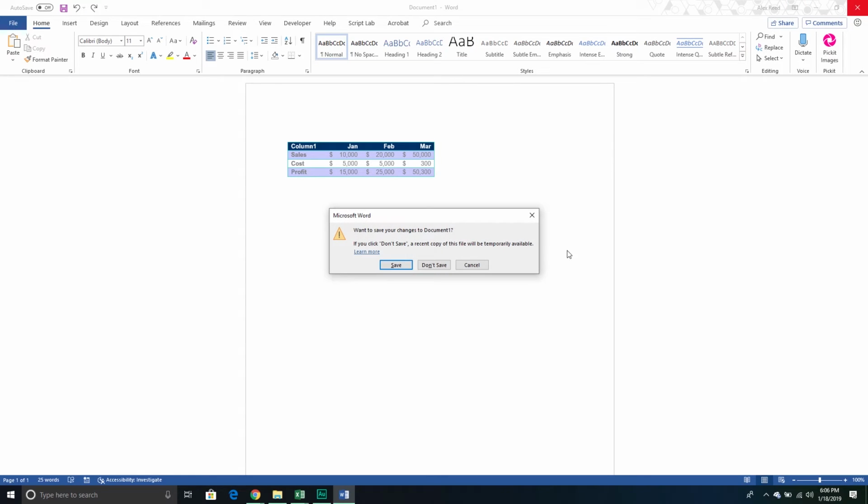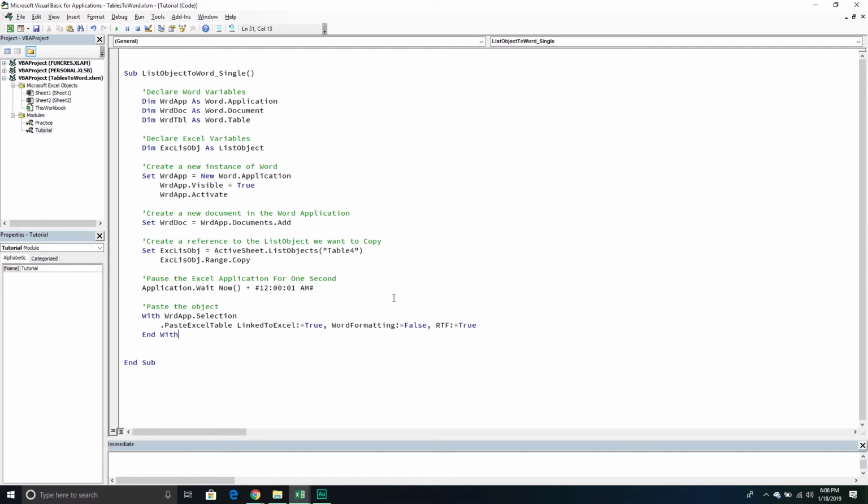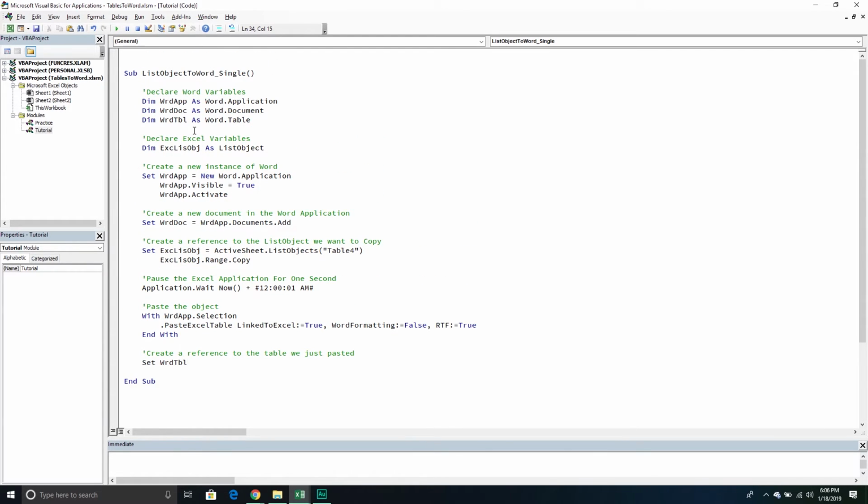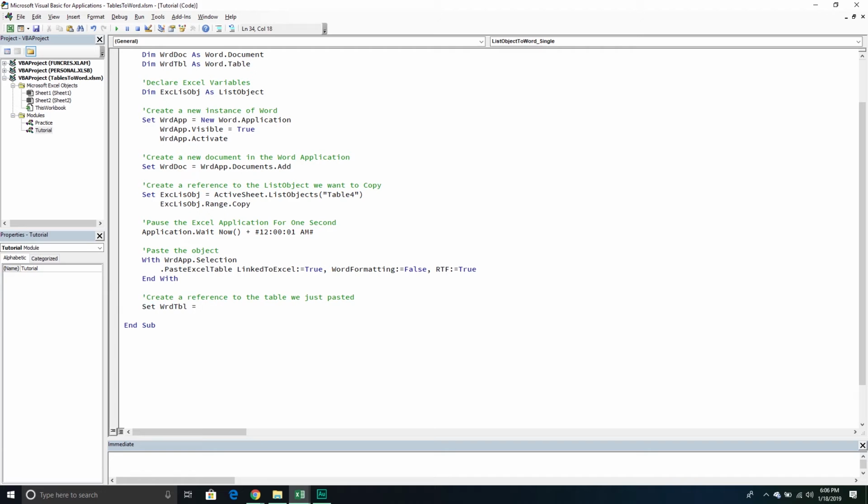But let's expand on it a little bit more and see how we can format it from within VBA as well, because naturally we might paste and say, hey, we want to do a couple of formatting things, right? So what we're going to do is create a reference to the table we just pasted. I'm going to scroll this down a little bit so you guys can see it a little easier. We're going to set that Word table object variable, the one that we declared up here, equal to